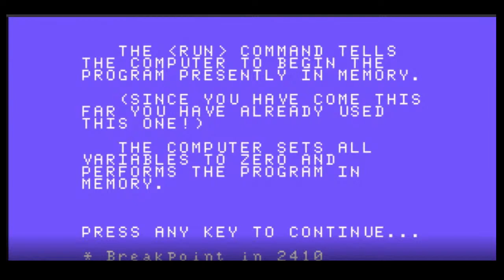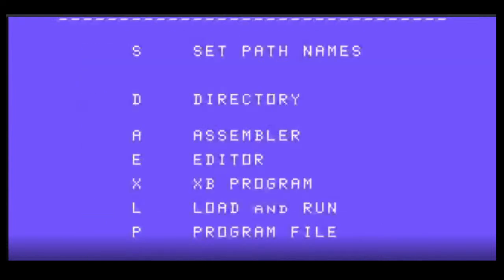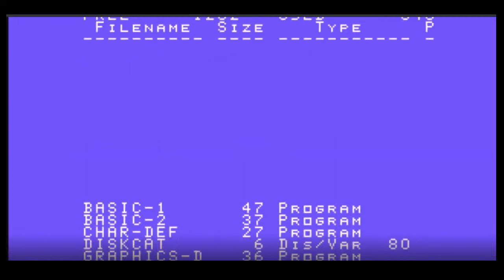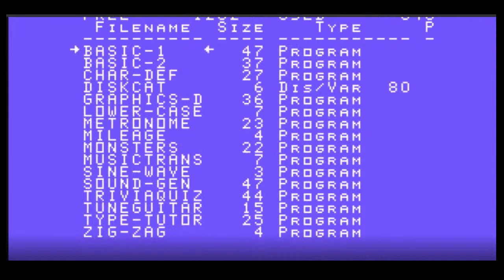Okay, I'm going to quit this at this point because the whole idea of this was just to give a representative example of what the program Basic 1 on the Chicago User Group Library disk number 54 is. I'm going to do a directory, D for directory, disk 1, and we're going to pick up Basic number 2 here. As you can see, there's a whole bunch of programs in here for programming.